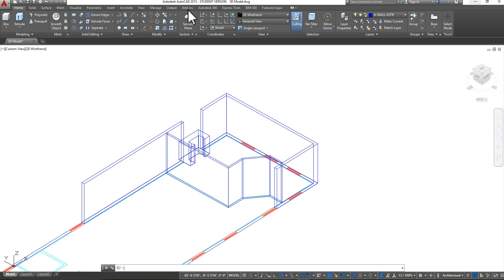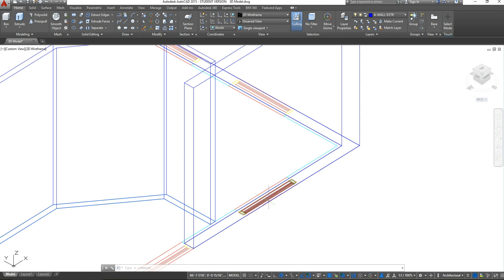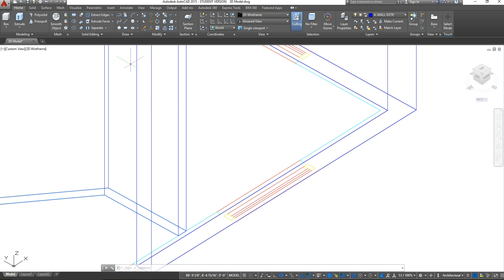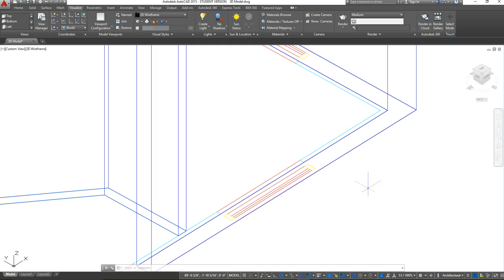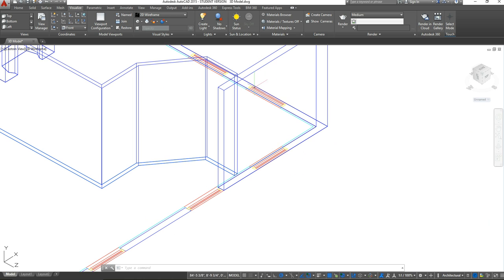So I'm going to go to where those windows are right now, and I'm just going to first change where I want to draw that line at. So I'm going to go to visualize, and since I'm working on this window here, and that's based on my view cube in my front view, I want to change the coordinates of what axis I'm drawing it on. So I'm going to go to my flyout here, and I'm going to change that to front. So anything I start to draw will be in that front view, and it will come in this way. So again, I would just want to change that to front. I want to go back to home,